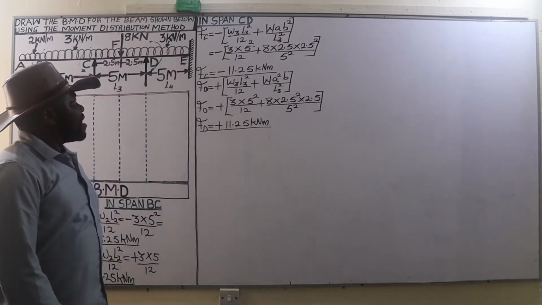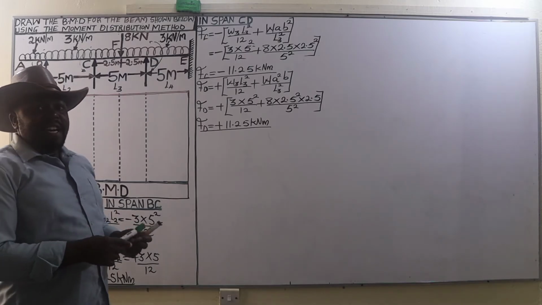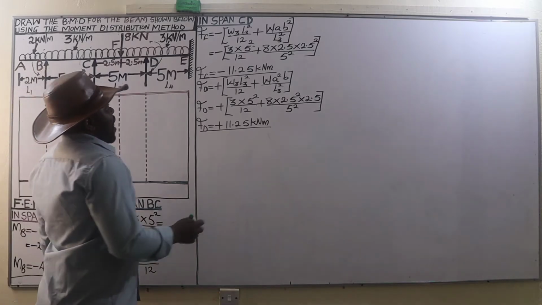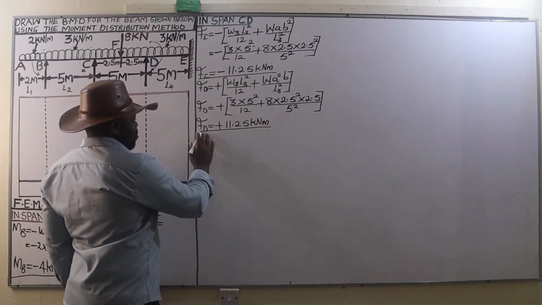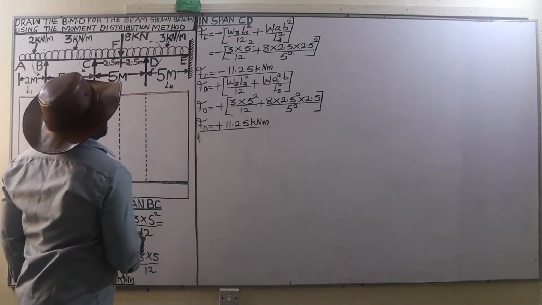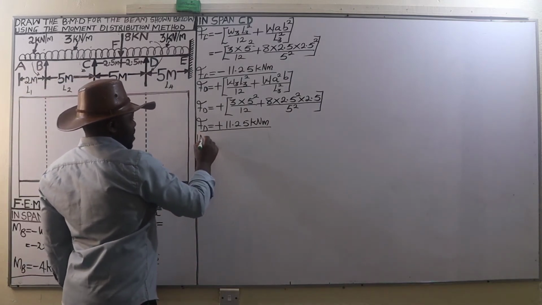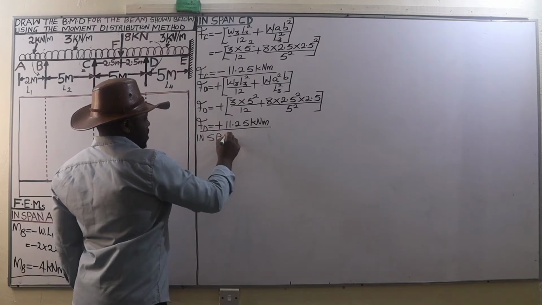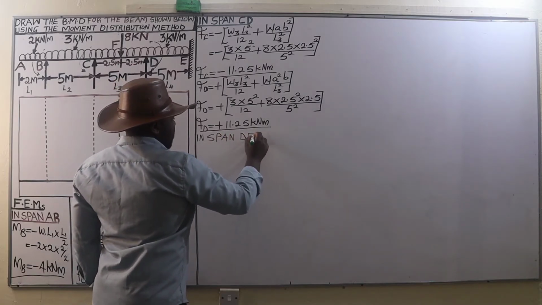So we are done with the span C to D. Now, after we are done with the span C to D, we are going to go to the span D to E, and therefore in span D to E,